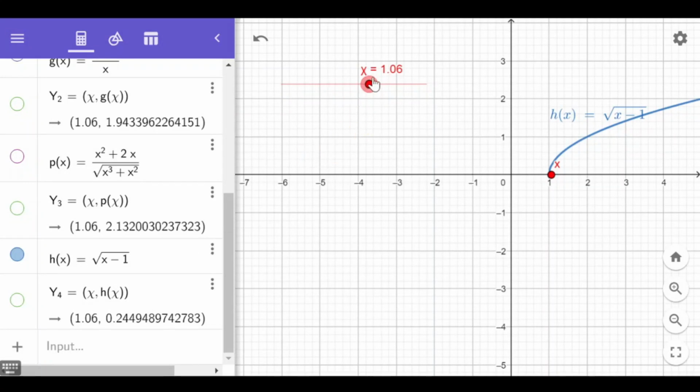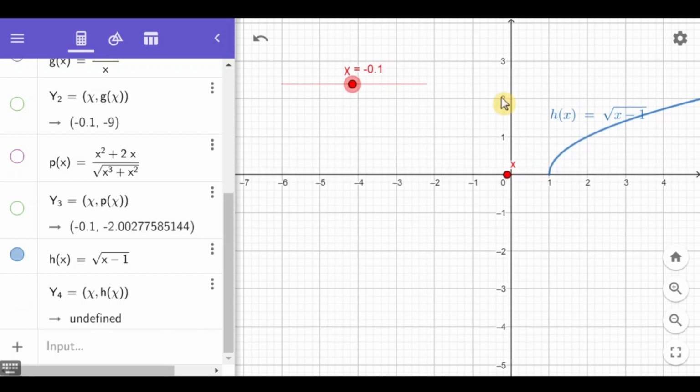Pagka naman sa left side ng 1. So, ano yung mga numbers na nasa left pa nila? Yan, negative 0.1, negative 0.6, 0.01. Ano ba yung y sub 4? Nandito sa left part. Hindi na natin makikita dyan. Nasa left part, it is always undefined. And why is that? Kasi, sa mga values na ito, for example, 0.24, pag substitute natin sa function, 0.24 minus 1 is negative. Square root of a negative number. Is that a real number? Kaya sasabihin niya talaga ang undefined.